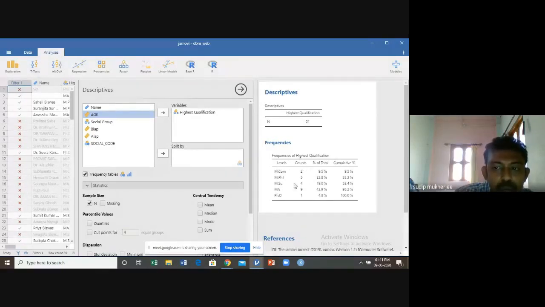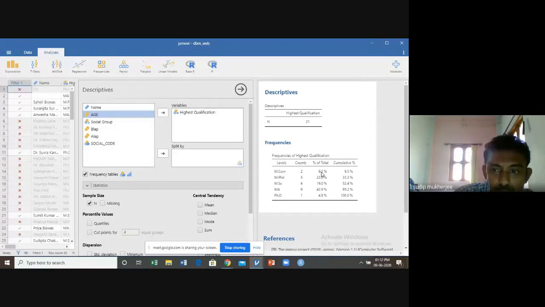This gives you the frequency tables of the highest qualifications. So among the 21 participants, one, that is 4.8%, have PhD, 42.9% with MA degree, 19% with MSc, 23.8% with MPhil, and 9.5% MCom.